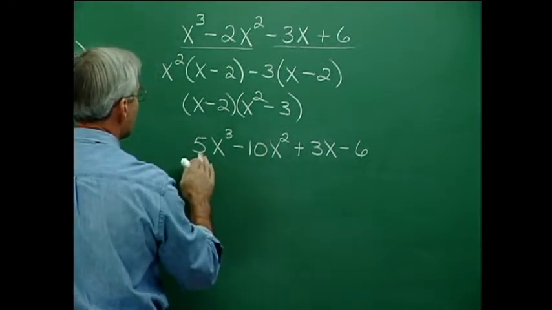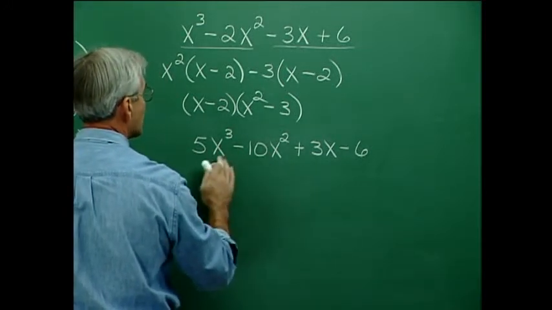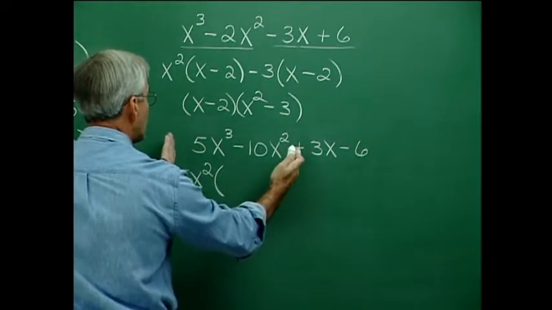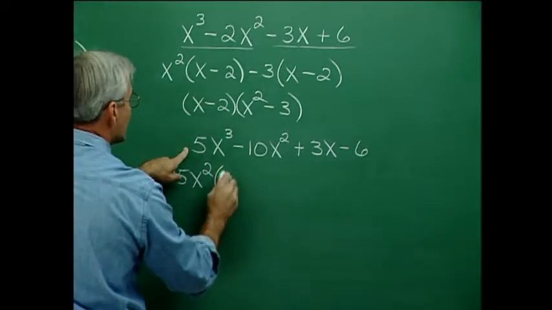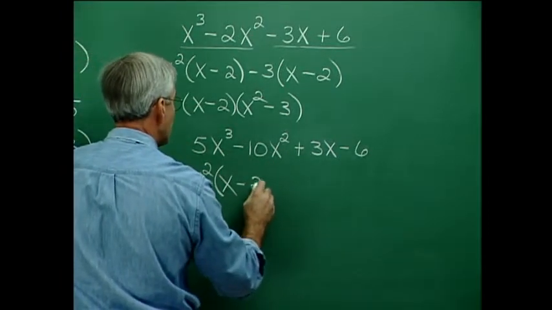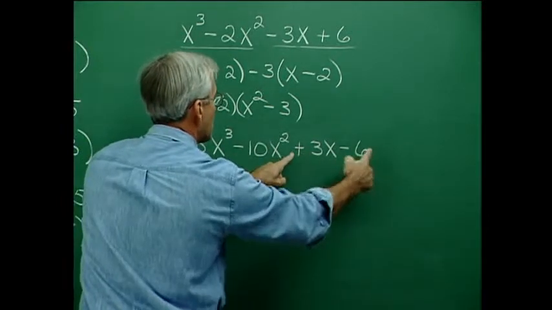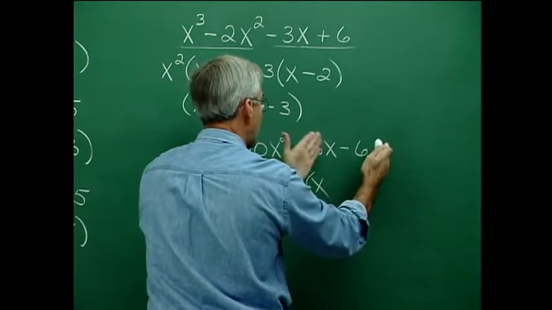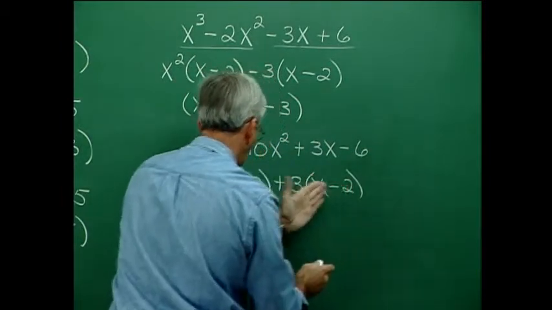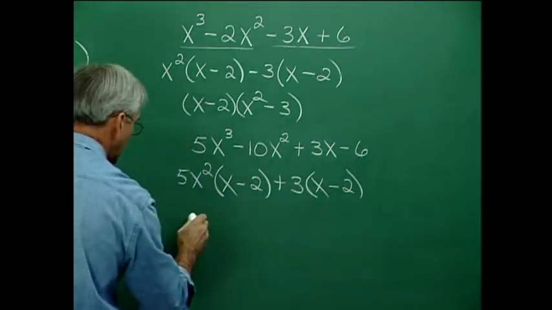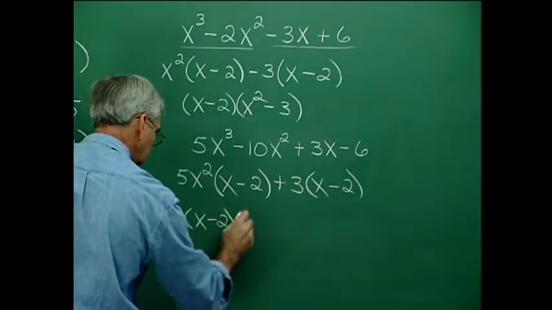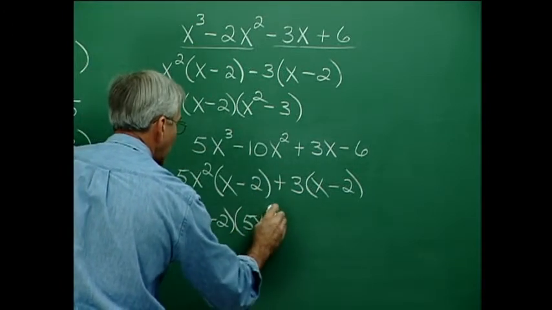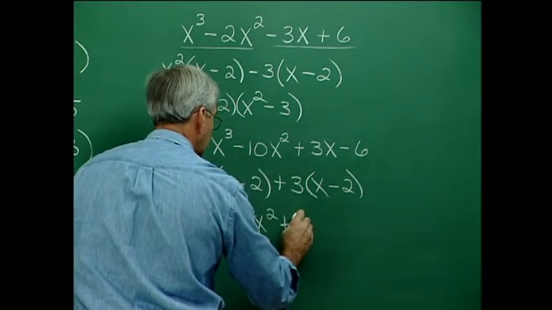All right, for these two I have, let's see, 5 is a common factor of both terms and x squared is in both terms, so I'll pull 5x squared out of these 2 terms. 5x squared out of this term leaves x, 5x squared out of this term leaves minus 2. And for those 2 terms, I see that 3 is a common factor. When I pull 3 out of this term, I'm left with x. 3 out of this term leaves minus 2. And I have x minus 2 as the common factor in these 2 terms. When I pull out x minus 2 from this term, I get 5x squared. When I pull x minus 2 out of this, I get plus 3. So here